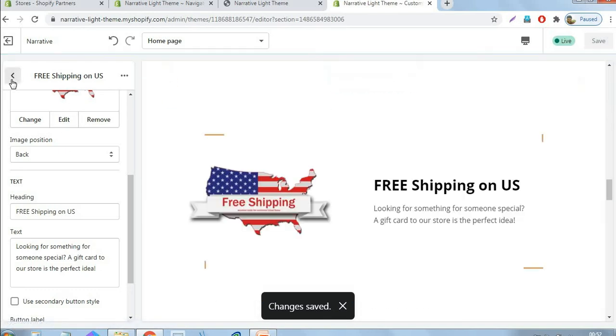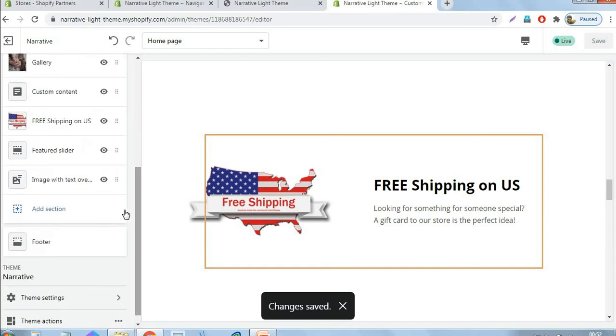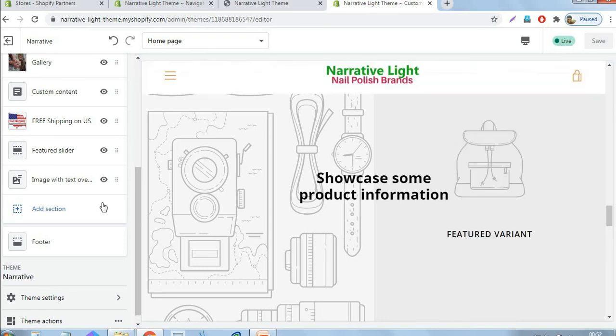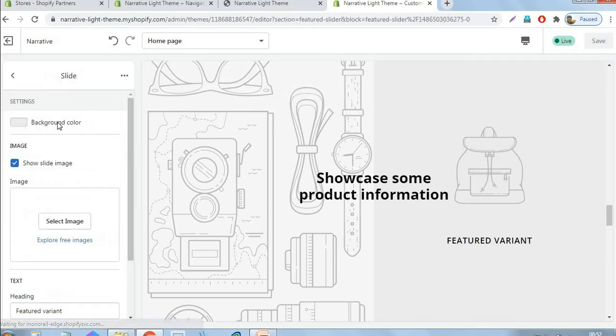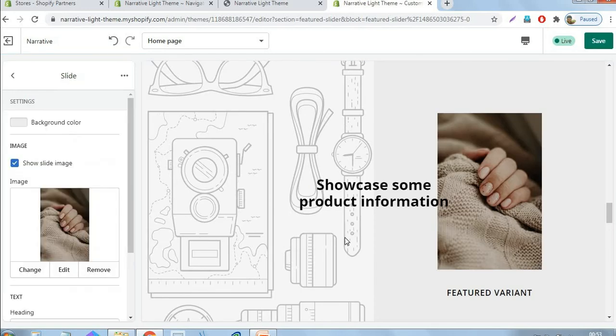Okay, then we have almost completed the store design. We are in the last stage. This is the featured slider. Just go there, select an image. You can choose any image. I just choose the existing one.